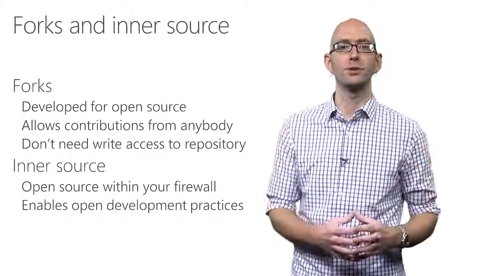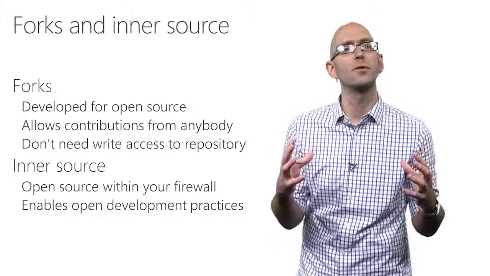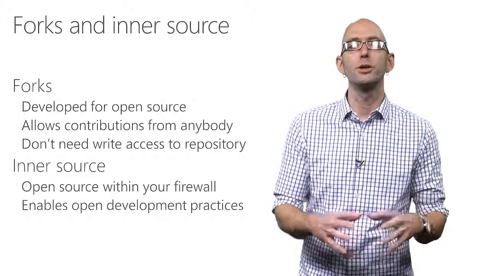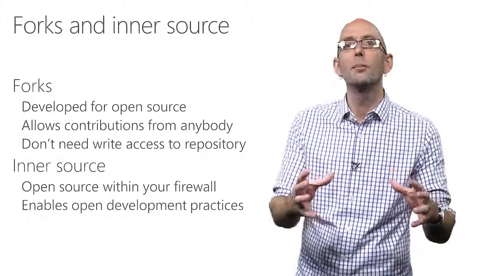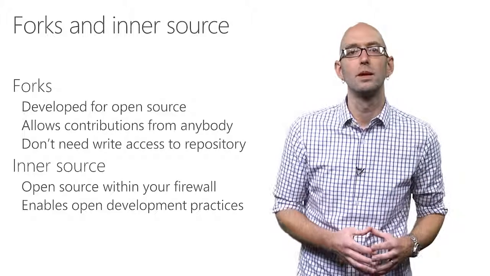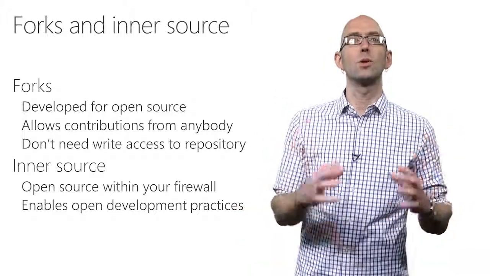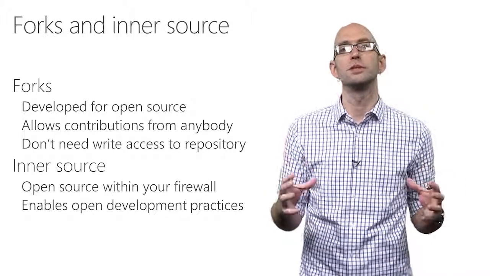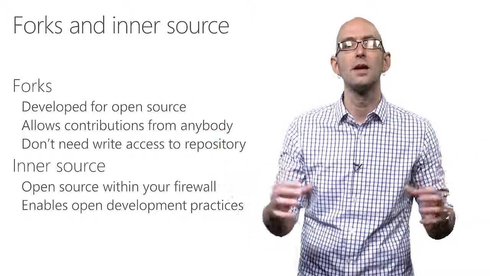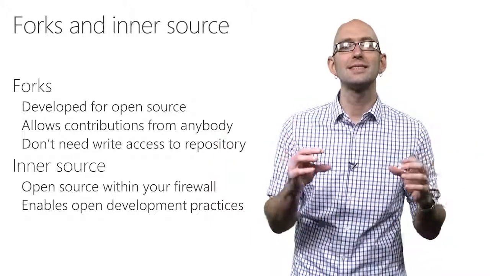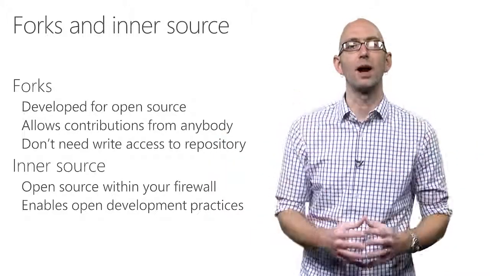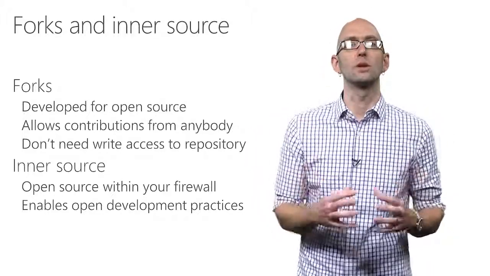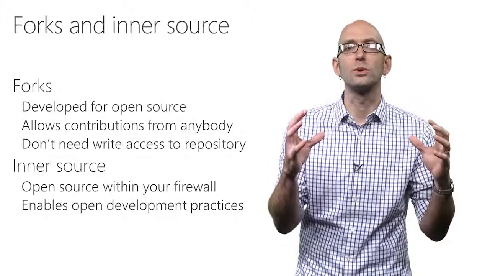But what if we can't push directly to a remote repository because we don't have permissions? This is a common situation in open source projects, where you have read access to a repository, but you don't have permission to write to it. In open source communities, pull requests are used along with a technology called forks in order to enable contributions from anybody in the world. And you can use these same workflows inside your firewall, inside your enterprise, on your closed source projects. This is a technique called inner source, and it allows you to take advantage of open source development